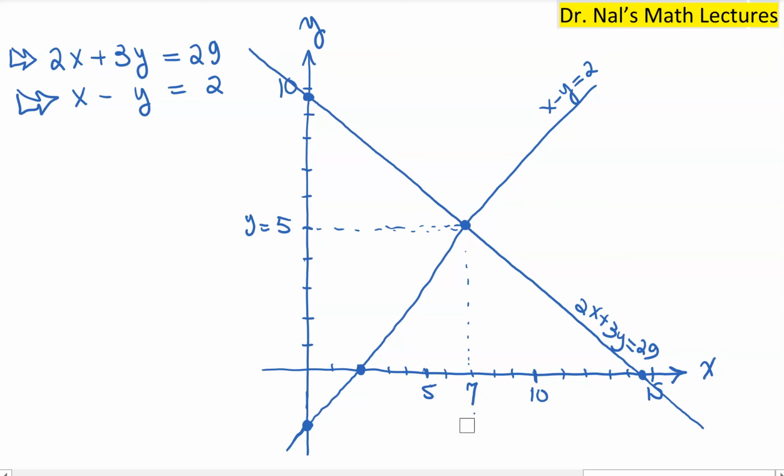So let me rewrite this one. X equals 7 and y equals 5. So that's yet a third solution. Now, the problem with this approach, though, is that for the other example that we provided, the 3 by 3 case,